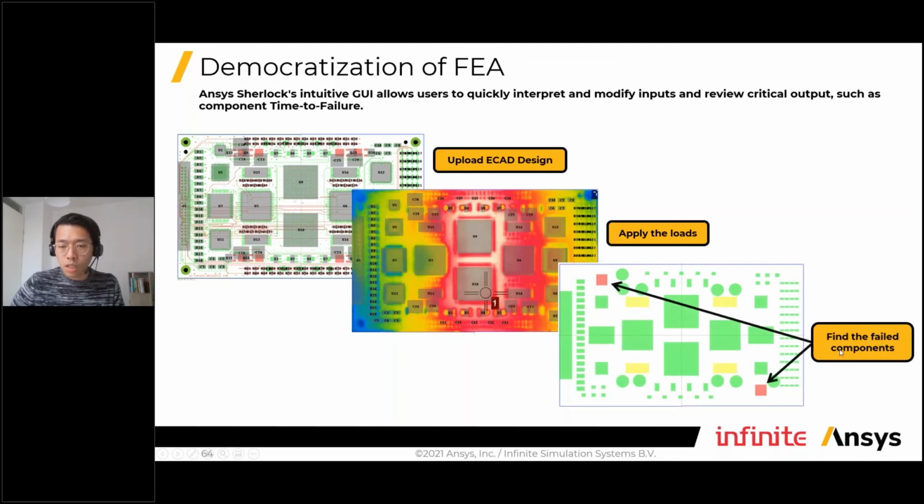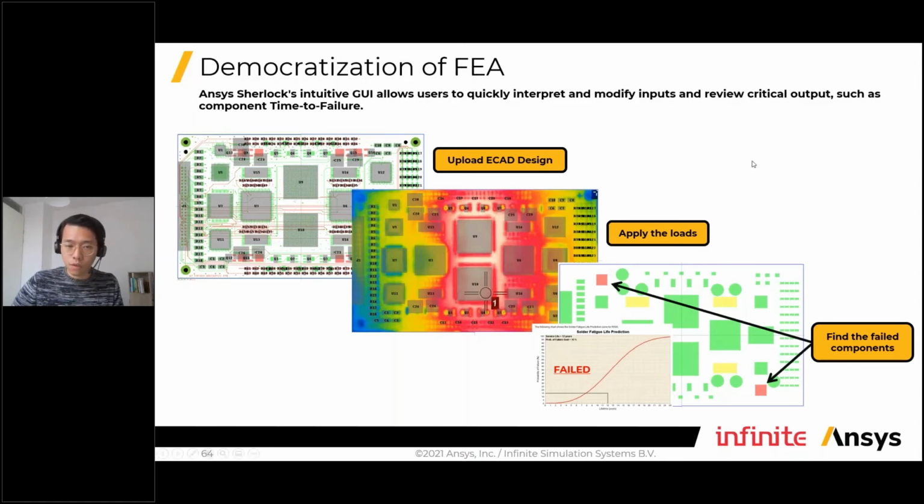And then we easily find out where the component fails. Like these two components apparently being very likely to fail, even though they are not sitting in the highest load area. So how are we going to improve them so that we avoid this kind of failure in a certain time? Now, when we're talking about failure, not failure from day one, we're talking about failure after 4 or 5 years. How do you know each component will fail after 4 years or 8 years or 12 years? This kind of information is what Sherlock can give you.